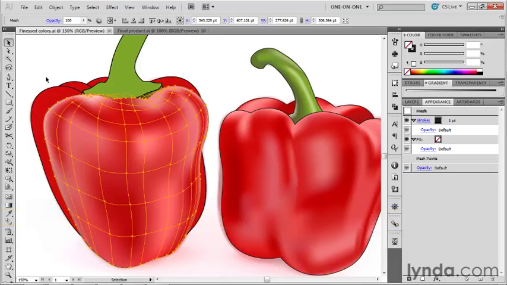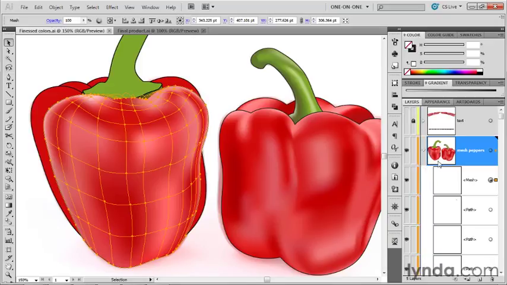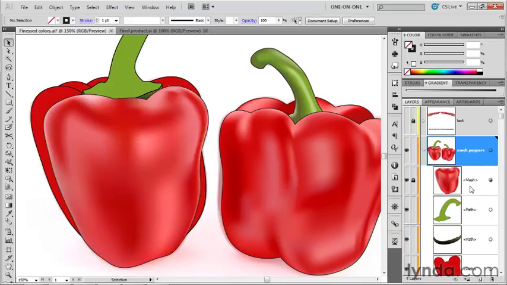Now in this exercise, I'm going to show you a different way to approach the creation of a gradient mesh. This time we'll be using the mesh tool. So just to limit the amount of confusion we might encounter here, what I'd like you to do is go over to the layers panel, if you're working along with me. Twirl open that Mesh Peppers layer right there, and go ahead and lock the very top path outline. Just click in the lock column, because that way we won't accidentally modify this forward shape as we're working on